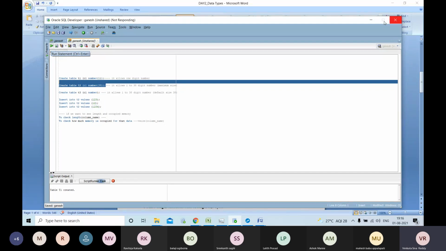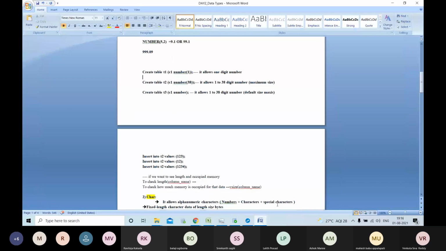If anybody is using a version less than 19c, it allows up to 38 digits only. Now the upgrade happened in 19c.